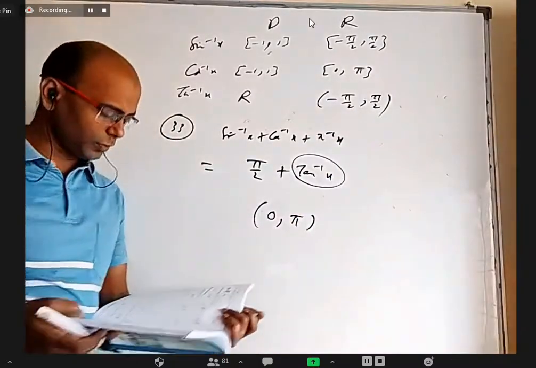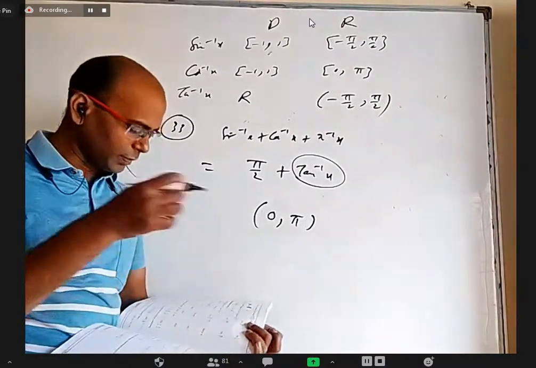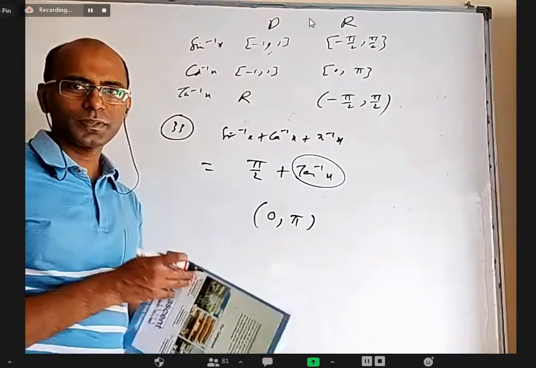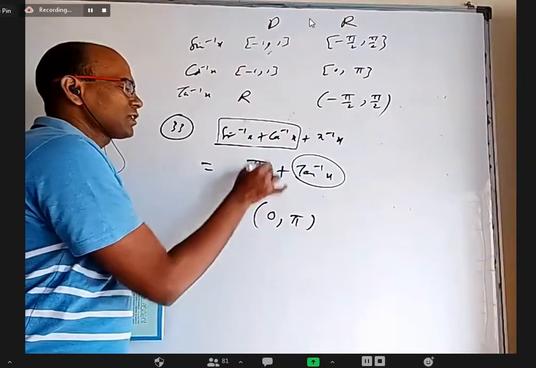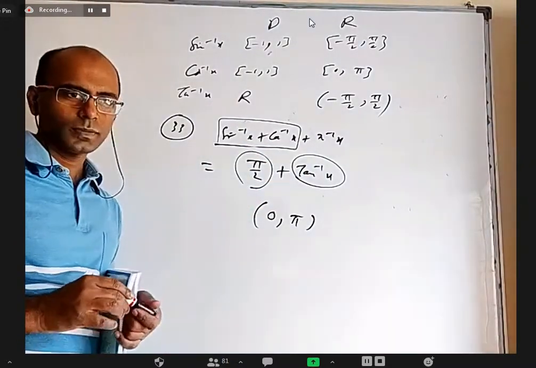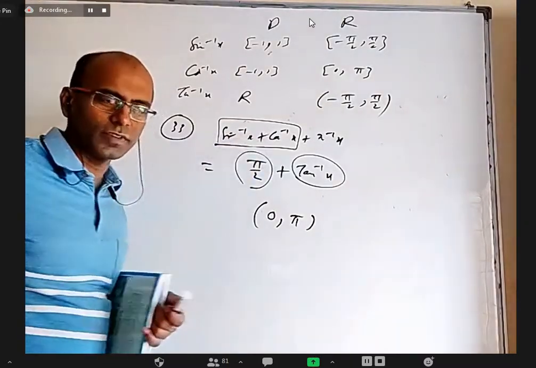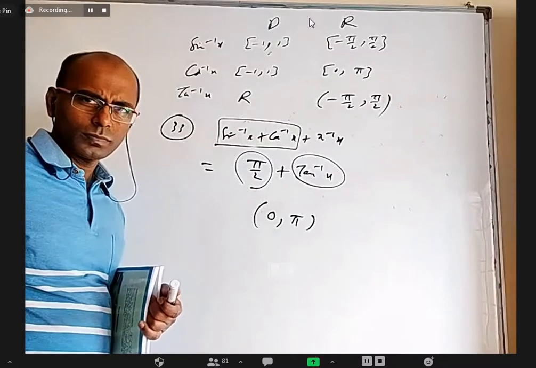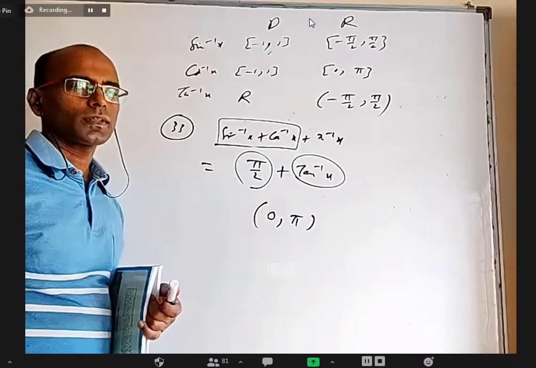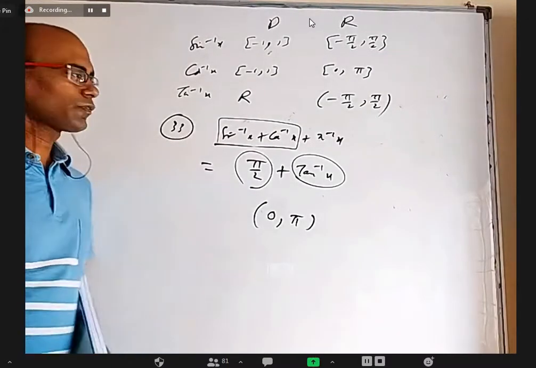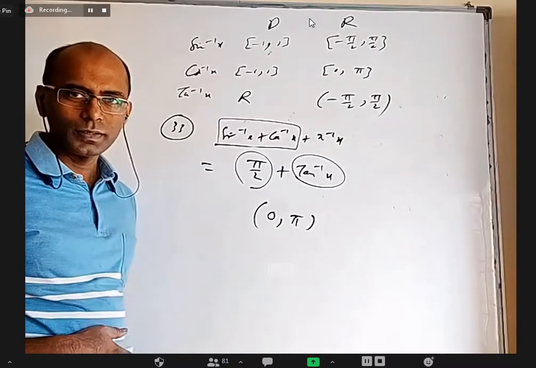But the answer is not 0 to pi. It is there, but that is not the answer. Sometimes the answer may be a key mistake, but this is not a key mistake. Why? Is sine inverse x plus cos inverse x always pi by 2? No, sir, only for x between -1 and 1. If x is more than 1, what is the sum of sine inverse x plus cos inverse x? For example, you put x equal to 2 or 3 or root 3. Not possible, sir, it is not defined. So if you want the question to be defined, can you take x equal to root 3 and so on? No, sir.